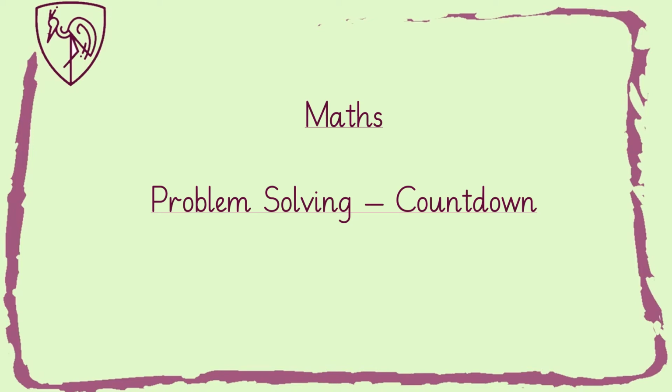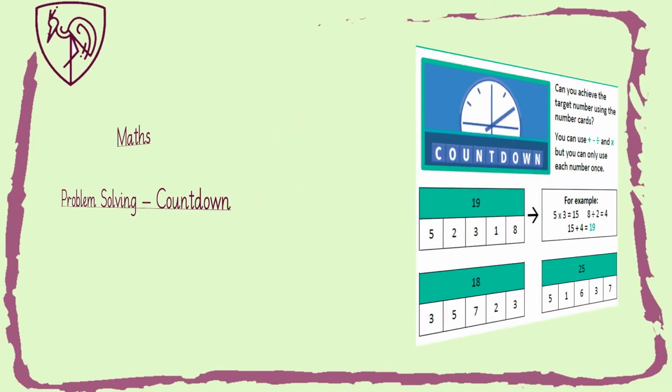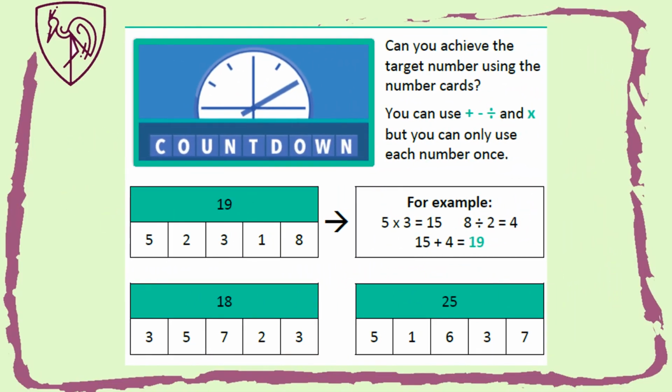So a nice activity for maths here. It's a problem solving activity based around the TV show Countdown. Like in the TV show Countdown, you are given a target number. This is in the green box at the top. Underneath that, there are 5 number cards that you can use to get to that